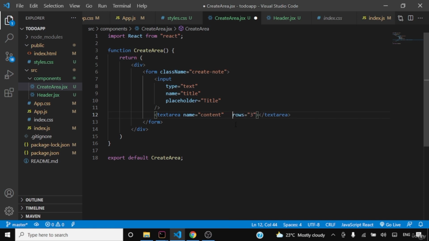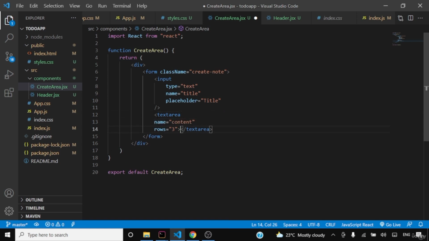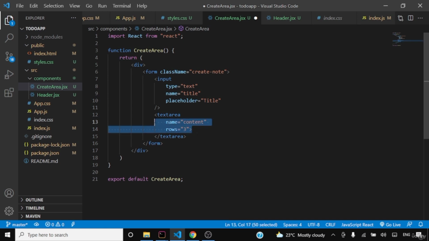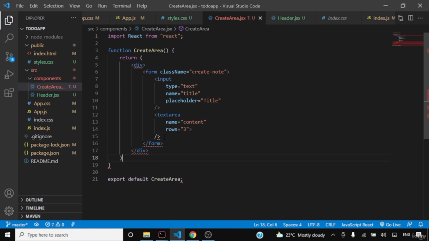So once this is done, we'll just indent it. It is a self-closing tag, so you can simply use this. So yeah, okay, there's an error showing. Yeah, so now after we finish the input and text area, the text area should also have a